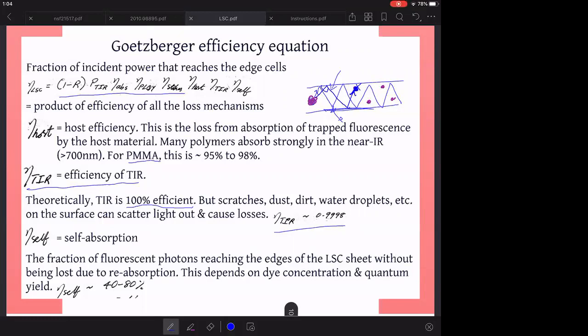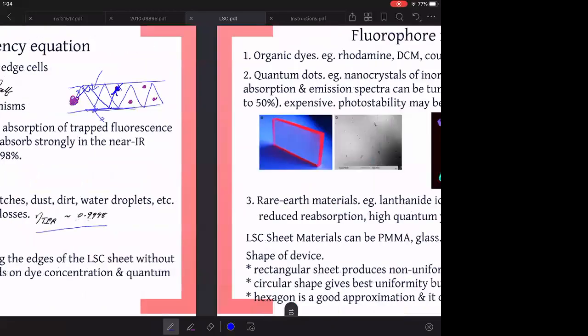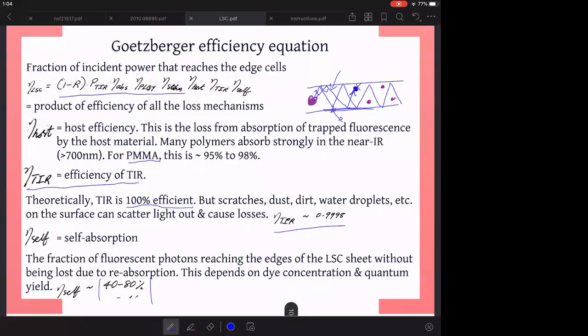Now, so that's the whole idea, is that the fraction of fluorescent photons reaching the edges of the LSC sheet without being lost due to reabsorption. This depends on the concentration, of course, how many dye molecules are there, and the quantum yield, like how efficiently will it absorb. So typically it ranges from 40 to 80%. So that's a bit of a problem. Now, if you multiply everything together,